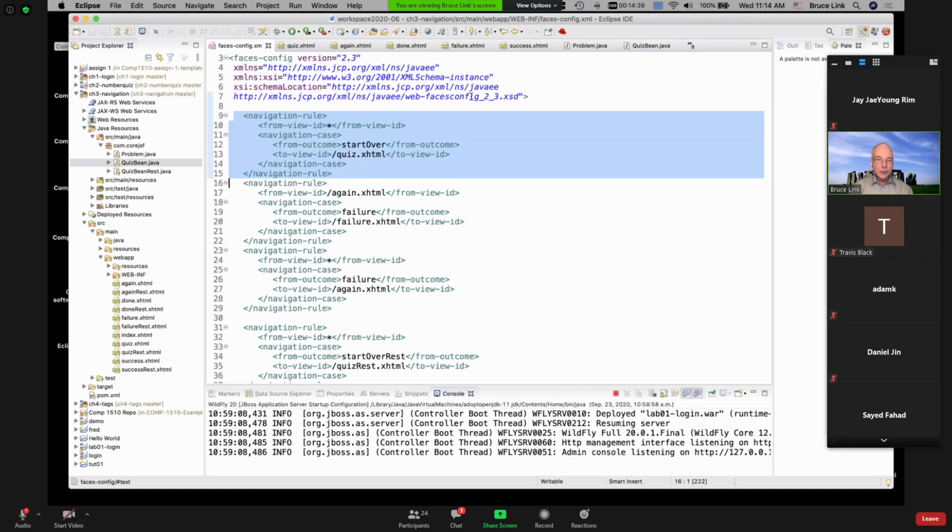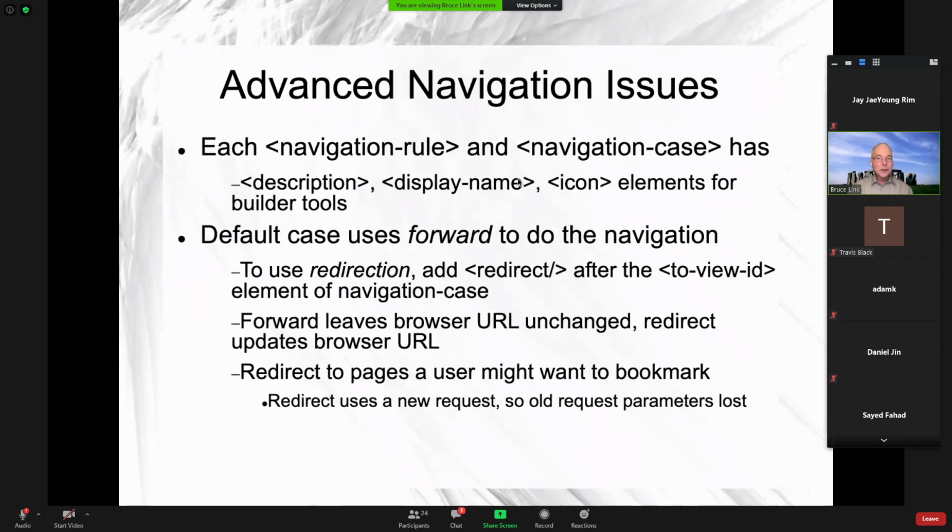So let's go back and look at a few advanced issues. Okay, so you can put these other tags, description, display name, icon, and that way, if you have a tool that picks those up, it'll make life a little bit easier for people. That's not a big deal. The next thing is critical though, which is the distinction between forward versus redirection. And there's different ways of doing this, but the most important thing is to know what is the difference. And I mentioned that earlier, so you got to pick it up at some point. I will review it here,